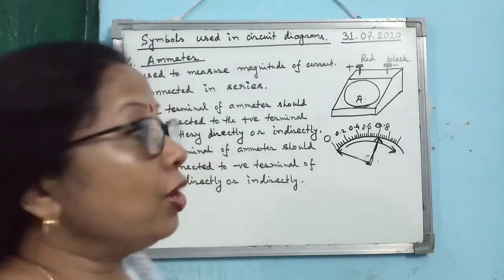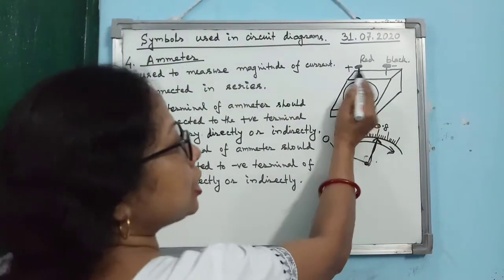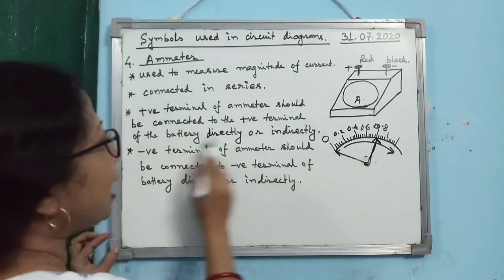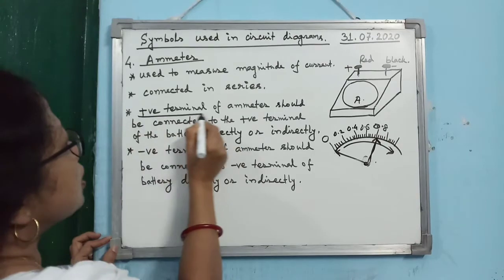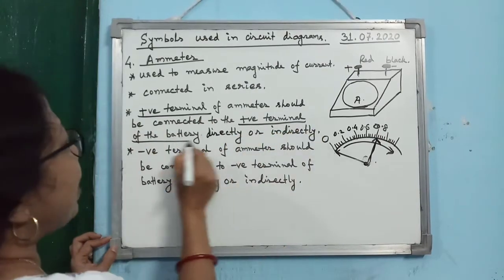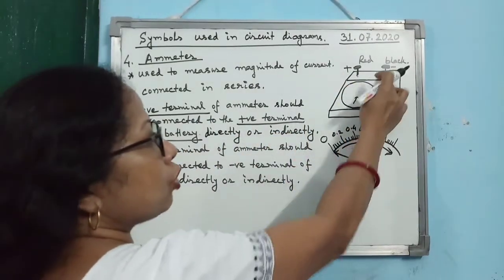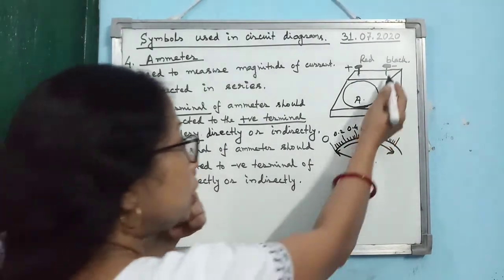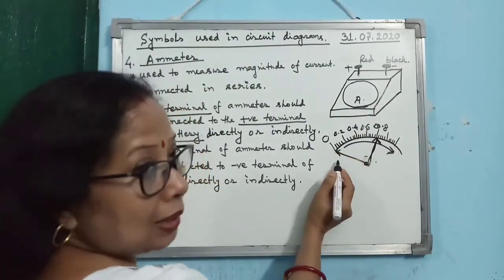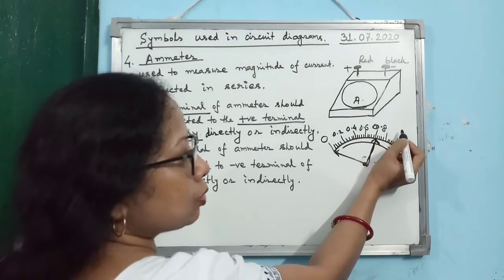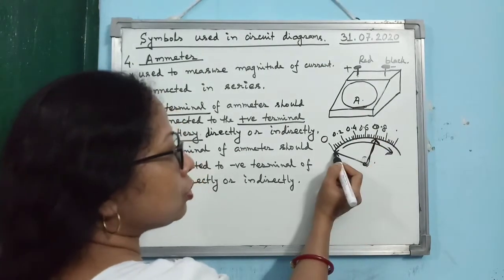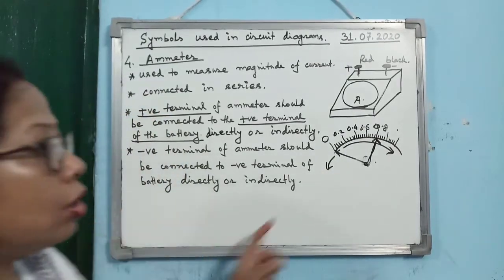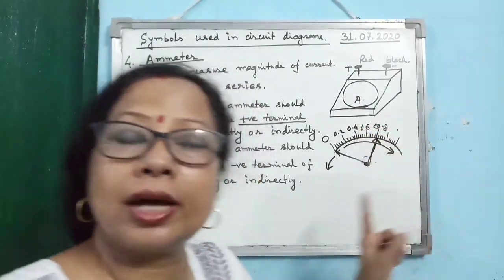Alright. Now, if you do the connection opposite, meaning instead of connecting the positive terminal of the ammeter to the positive terminal of the battery, you connect the negative terminal of the ammeter, then what will happen? Current will enter through the negative terminal. So the negative terminal is on the right side. Okay, so it will try to deflect the pointer in the opposite direction, which will damage the device.